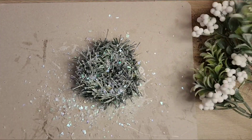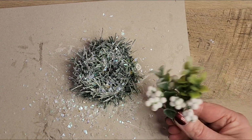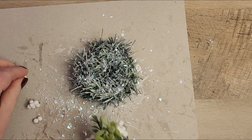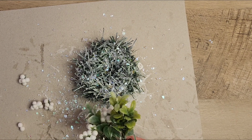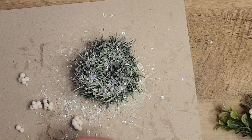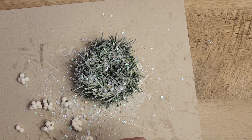So while our paint is drying, I grabbed this adorable pick from the Dollar Tree, and it's these little white berries, and it's just such a cute pick for the winter time. And I'm going to cut some of the clusters of berries off of this pick to use in my little